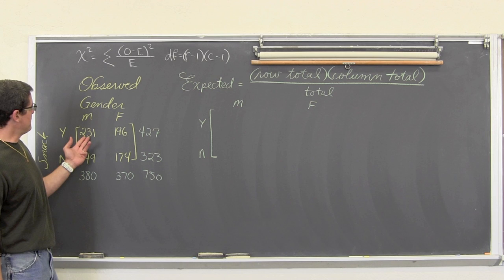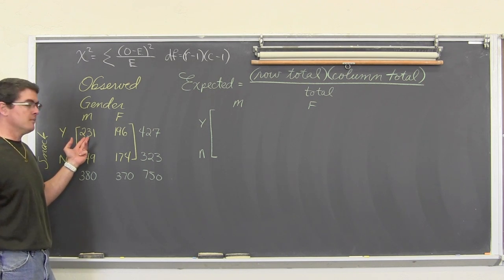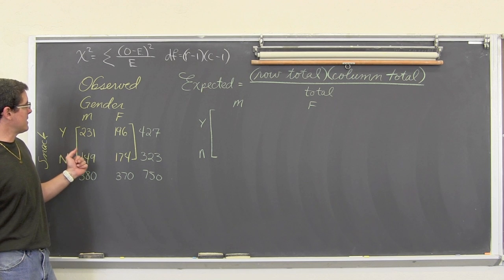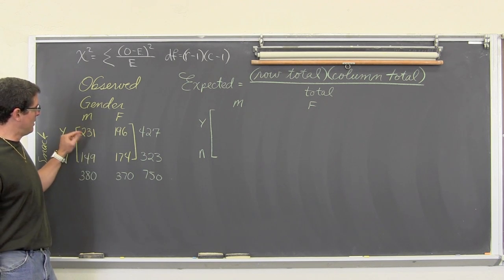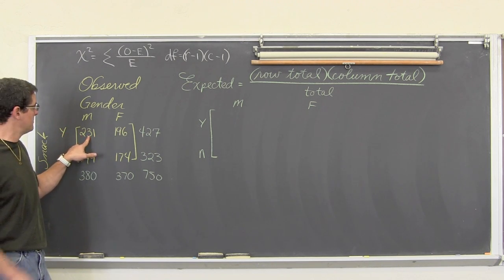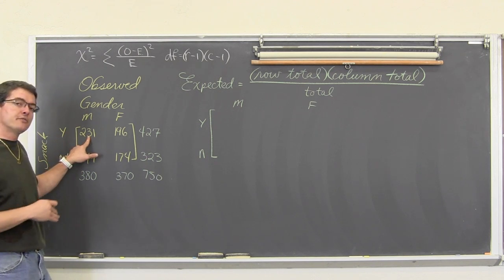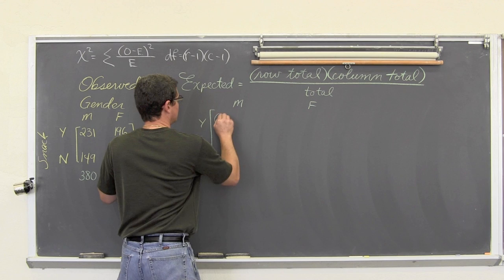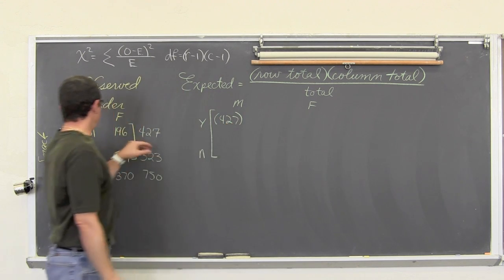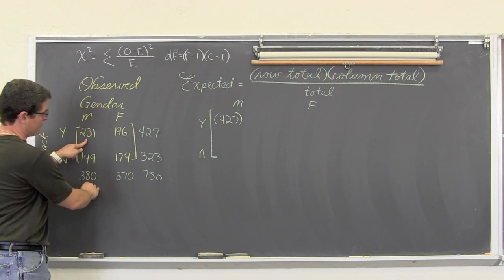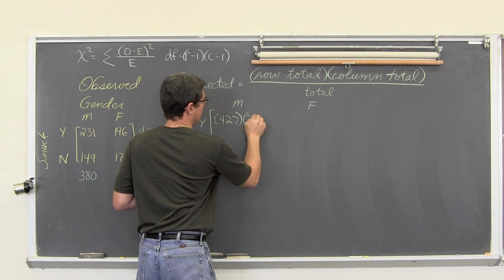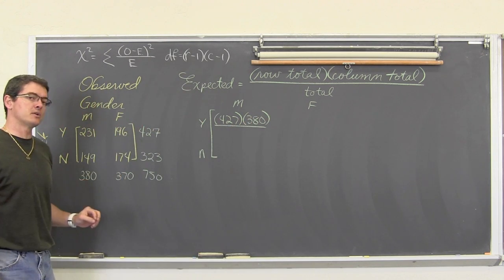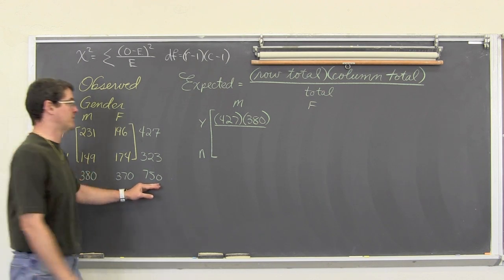So, for the first row, first column, we have 231 as what we observed. To calculate the expected cell count, we would add those numbers in the row. Again, this would be the first cell in the first row. Add those up, you get 427. And the 231 is in column 1, the total for that is 380. We're going to multiply that and divide by all the observations that are in the two-way table, and I've already done that for us, it's 750.